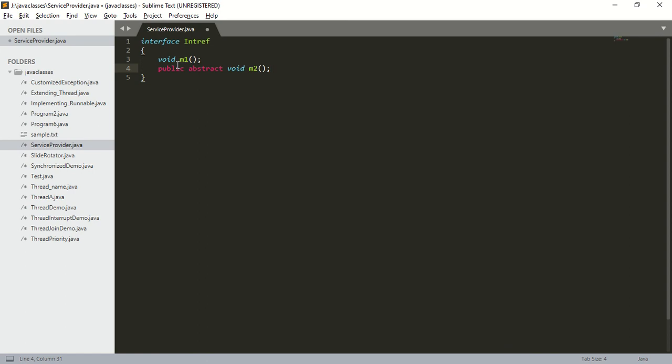Here is one important point you should remember. What is the type of m1? It is just void m1. What is the type of m2? It is public abstract void m2.